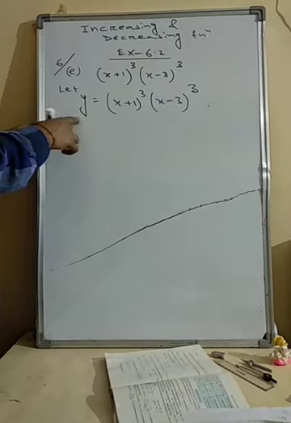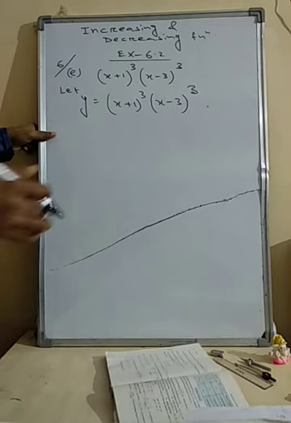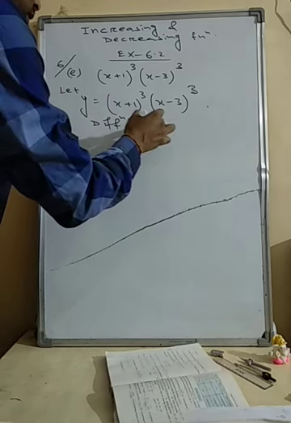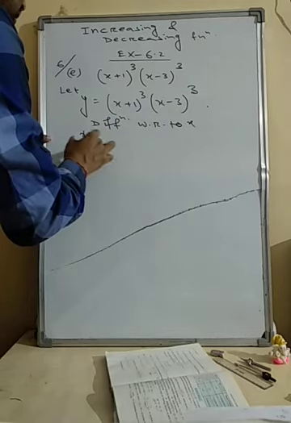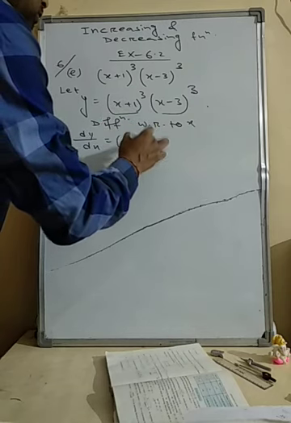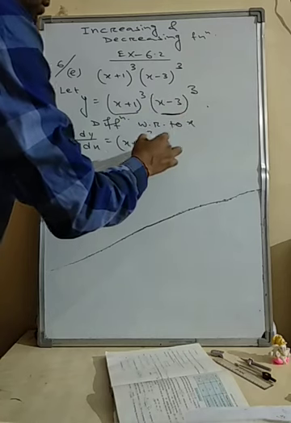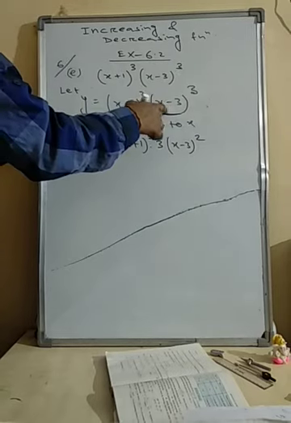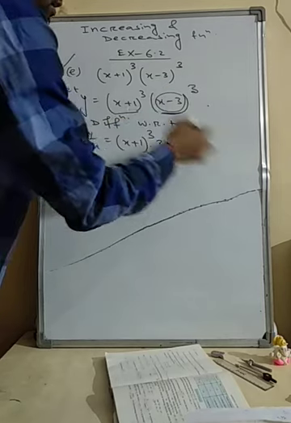Then we are going to differentiate it, dy/dx, because we have to do the first derivative test. So differentiating with respect to x, this side will be dy/dx and this side it is u into v. So u into d/dx of v. This is x minus 3 whole cube, suppose x cube, so 3 into (x minus 3) whole square. d/dx of x cube is 3x square, but it is not x, so again d/dx of x minus 3 will be d/dx of x is 1, minus 0,